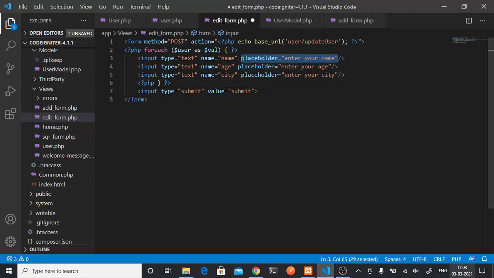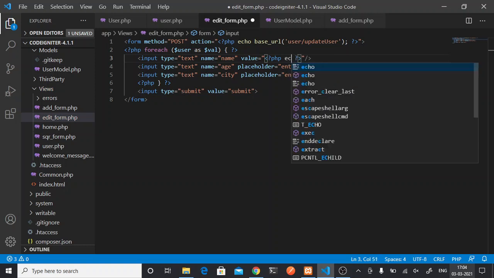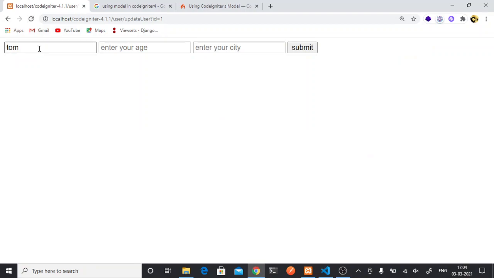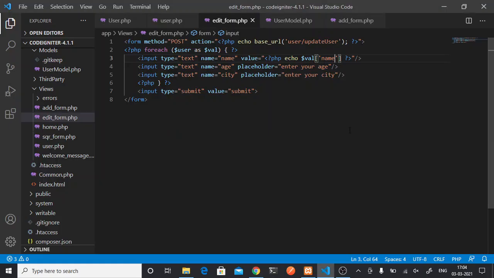Instead of placeholder, in value, PHP echo $val name. See, I got Tom. Same thing I can do for other fields as well.